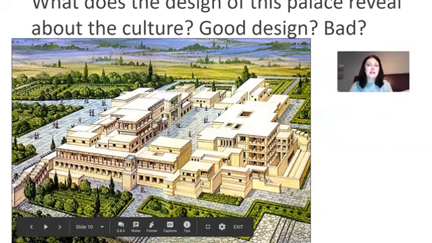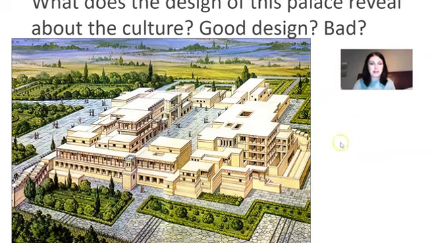So this was the palace that the Minoans had actually built. And you can see here that clearly these people were not at all worried about ever being attacked, because in terms of fortification, this is a terrible palace. So we know that they weren't really good planners and they were kind of laid back. But because they had built this massive palace and focused more on beauty rather than war, we have all this art left behind that kind of does prove to us that they did have a great deal of contact with